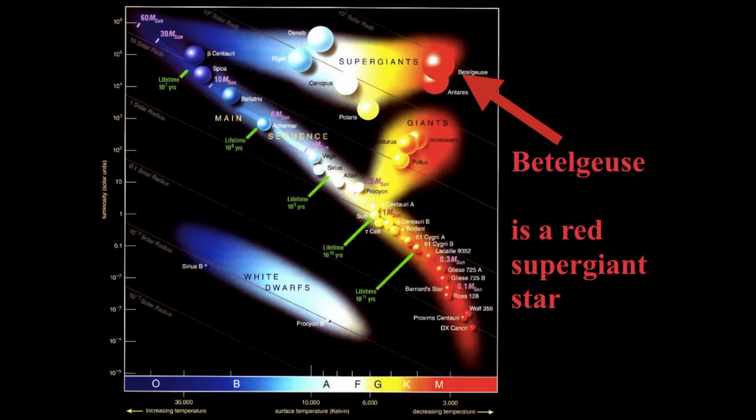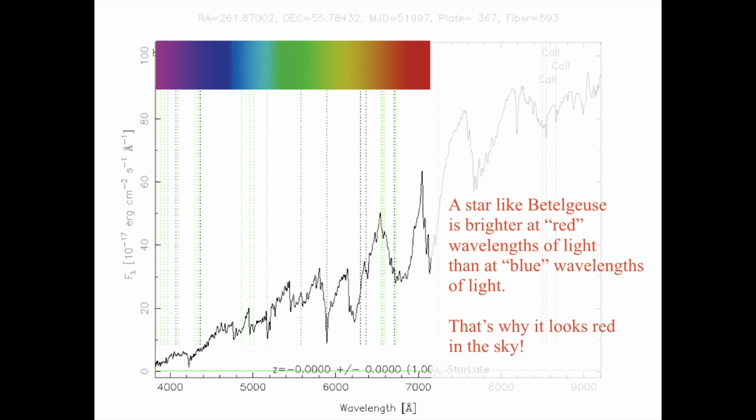Betelgeuse is a red supergiant star. It lies in the upper right area of the HR diagram with a spectral type of M and a luminosity of about 100,000 times that of the Sun. And it's about the same temperature as little red dwarf stars on the main sequence, or giants like Aldebaran, but it's much, much larger. And Betelgeuse is brighter, and we call it a red giant because it's brighter at red wavelengths compared to blue wavelengths of light. And so this is a sample type M star that we might get from